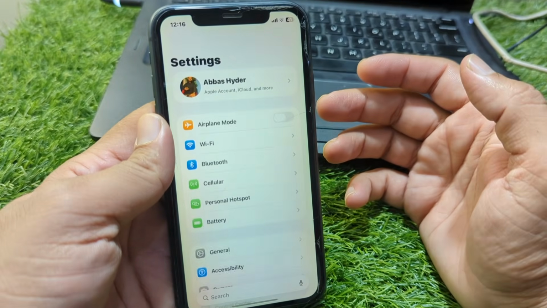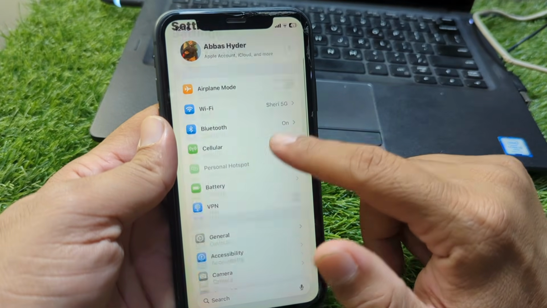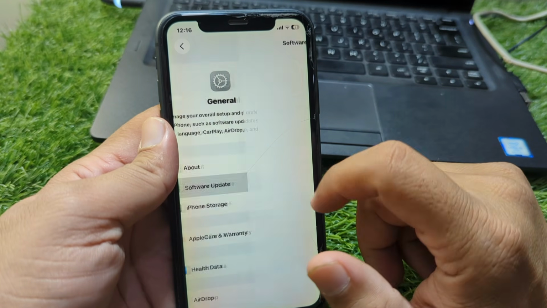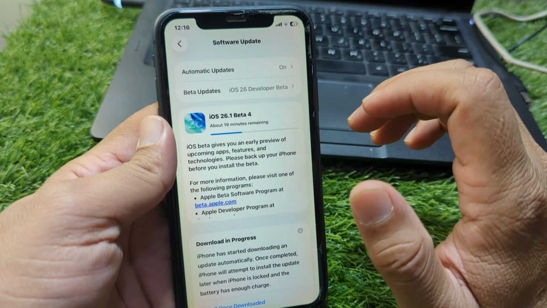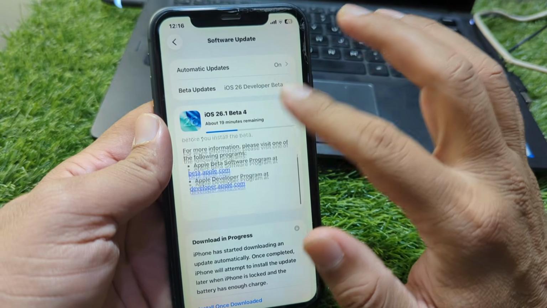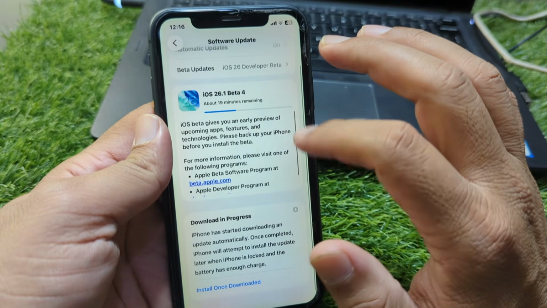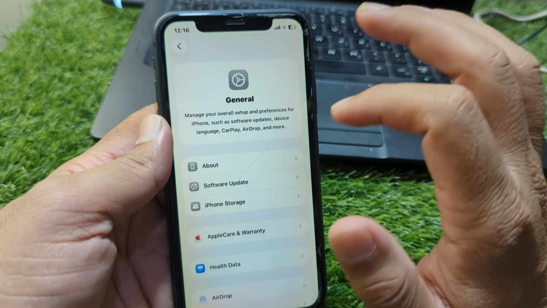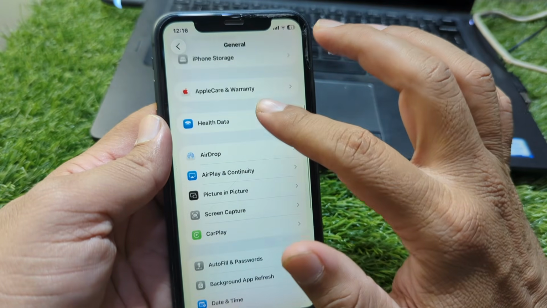So guys, first of all, open Settings on your device and then scroll below and go to General, and then go to Software Update and update your software to the latest version. So guys, if there is any update available for you like this, then you have to simply update your device to the latest version. After this, go back and now scroll below